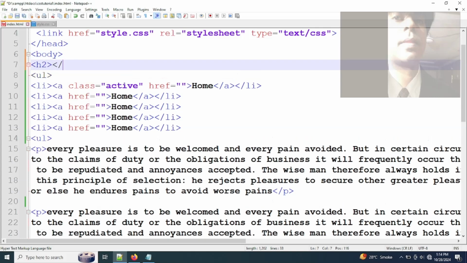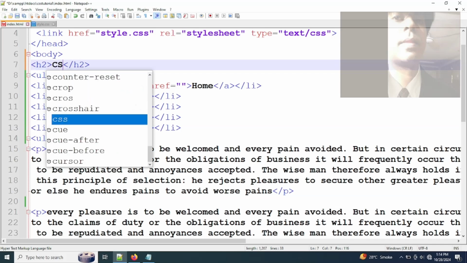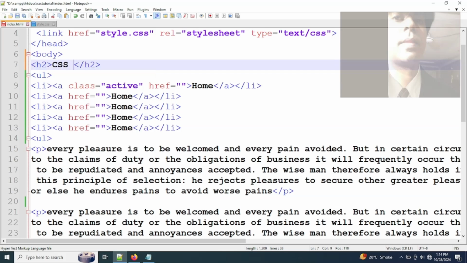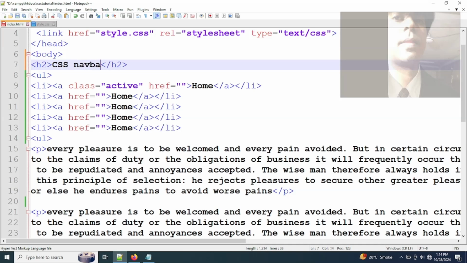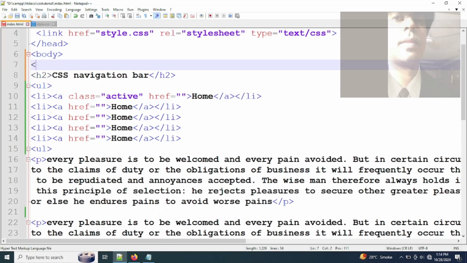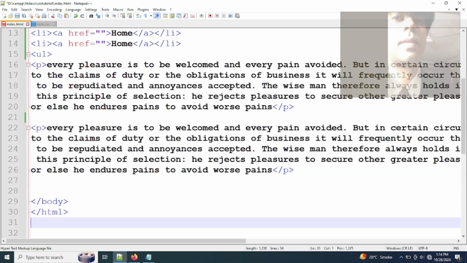heading level 2, and close the heading level 2. CSS navigation bar, and we will use div, open the div element and close the div element,